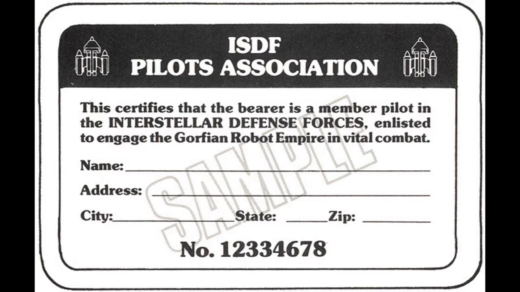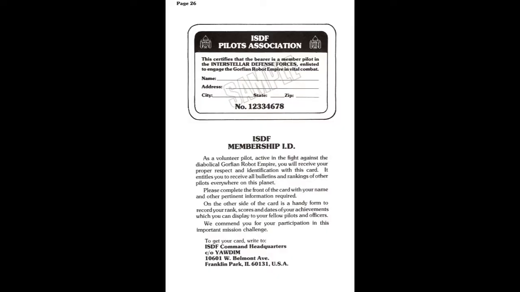It entitles you to receive all bulletins and rankings of other pilots everywhere on this planet. Please complete the front of the card with your name and other pertinent information required. On the other side of the card is a handy form to record your rank, scores, and dates of your achievements, which you can display to your fellow pilots and officers. The address you send it away to is ISDF Command Headquarters, care of YAWDIM